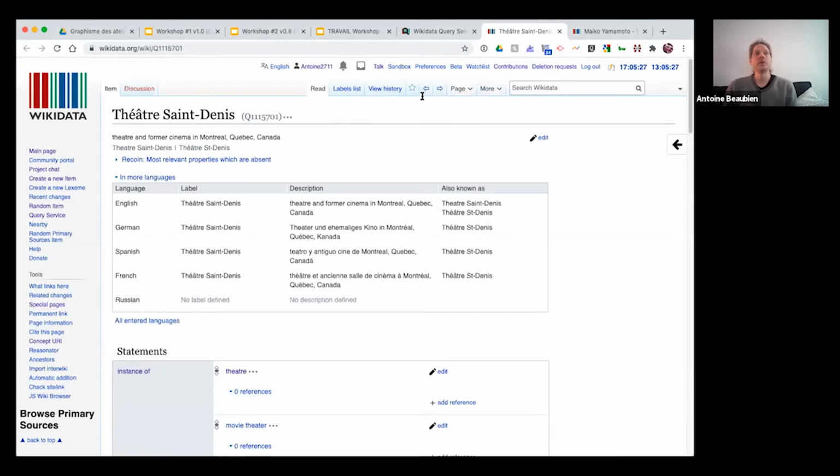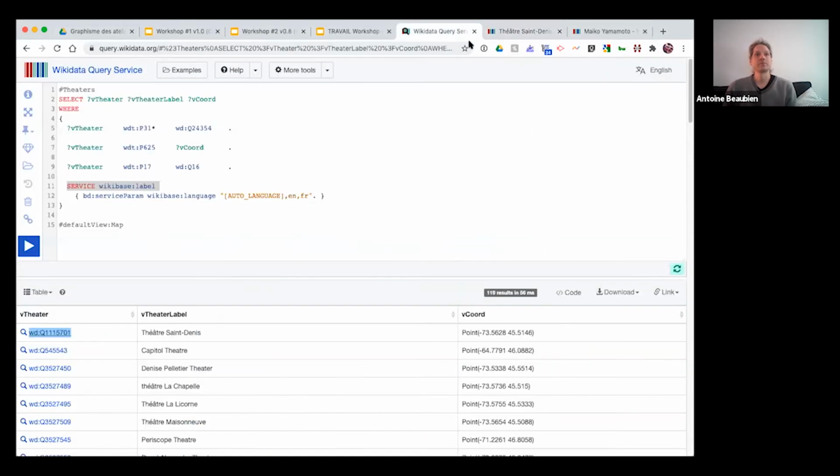And there we see we have Théâtre Saint-Denis. But the label is actually given by the service into the second variable. Just because we use the same variable name, adding Label with an uppercase L, then we have this column that contains the label for the first item. Now, the third column is the